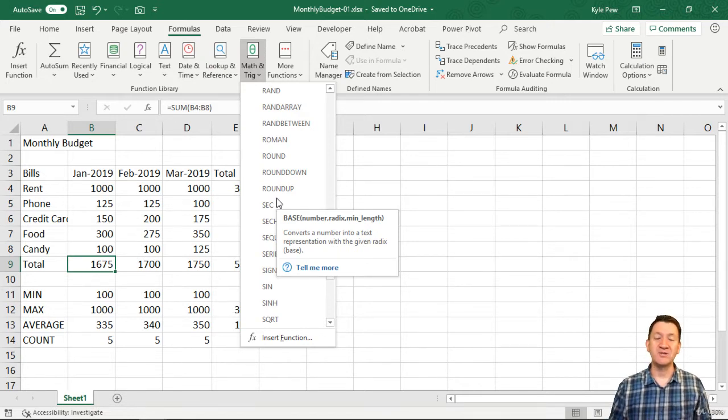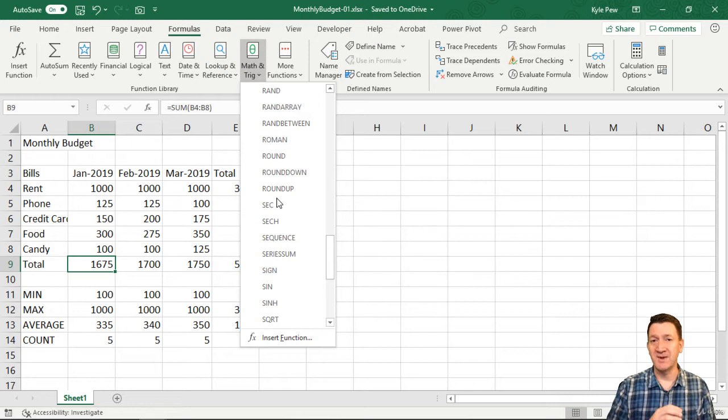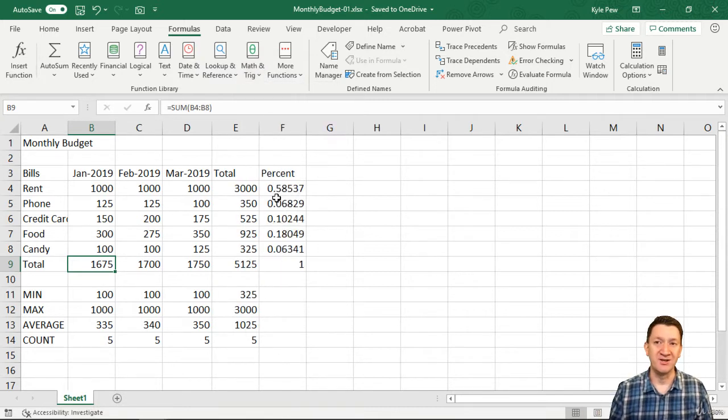Now that we got a good understanding of functions, at least at the basic level, we can now start to use shortcuts. Let's take a look at a feature called auto sum. I want to automatically sum up a range of cells. One button press, done. And I'm going to give you a couple of ways to do this.